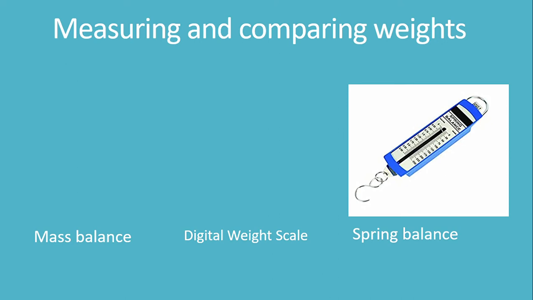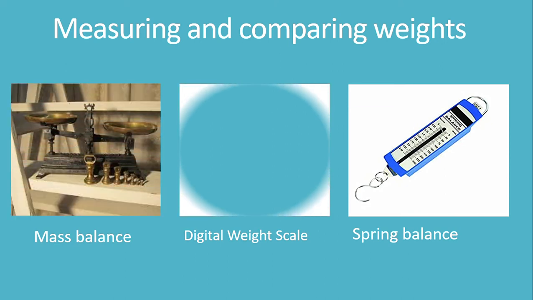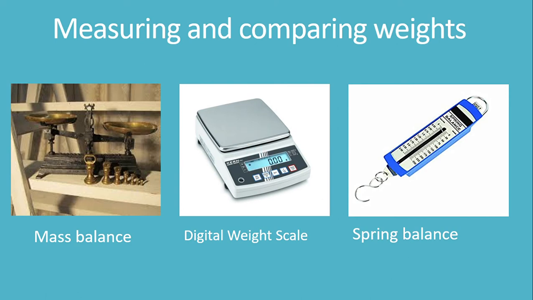So these are some measuring and comparing weights, and that's just the topic. This basically shows some instruments that are used to measure weight. Now, the first one is a mass balance, and in this basically we compare two masses. So you can see there are 5 to 6 of these weights that are lying on the table. They have their calibration on it. One of them has 1 kg, another one would have 2 kg, 3 kg, 4 kg, or whatever. They can be of different set weights.